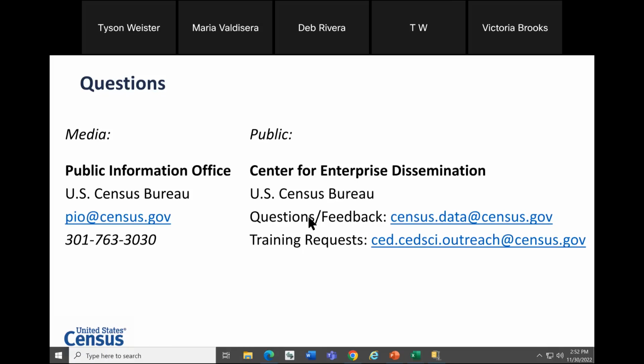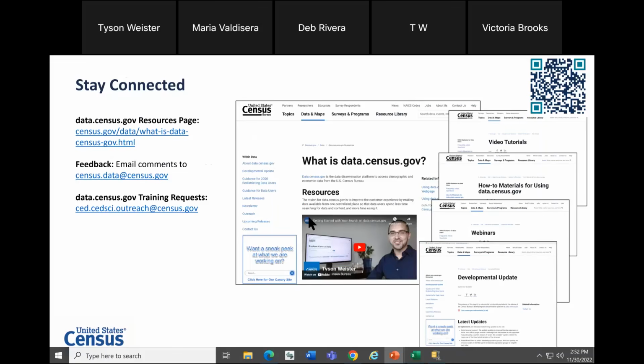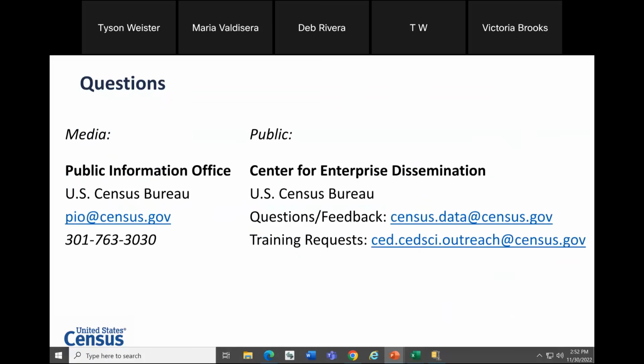I'm not going to navigate to it directly, but will encourage you to click the help button on the landing page of data.census.gov in order to access the FAQ that can walk you through that process. You're also welcome to email us in if that's of interest to you. Thank you so much for your question.